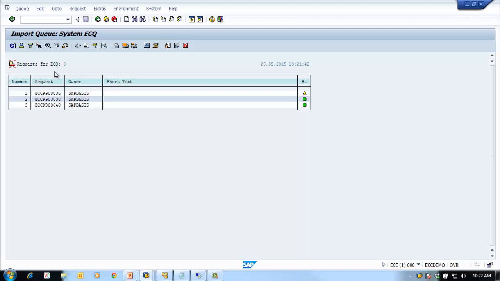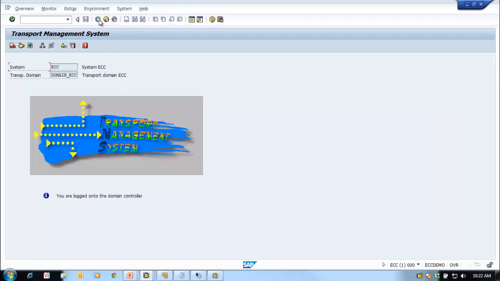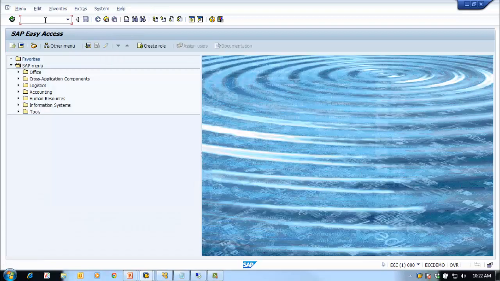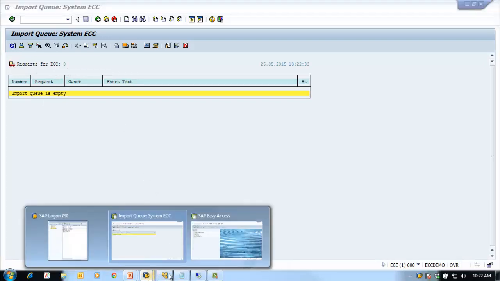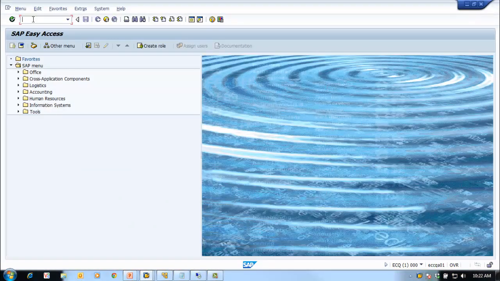So now from the ECC system we are monitoring the ECQ import queue. You should be very careful about which import queue you are monitoring. This is coming through TMS. Otherwise you have a separate transaction code, let's say TMS_IMPORT. This will take you to the import queue of the particular system where you have logged in. Right now we are in ECC, it has 0 TR to be imported. And if I go to ECQ, TMS_IMPORT,